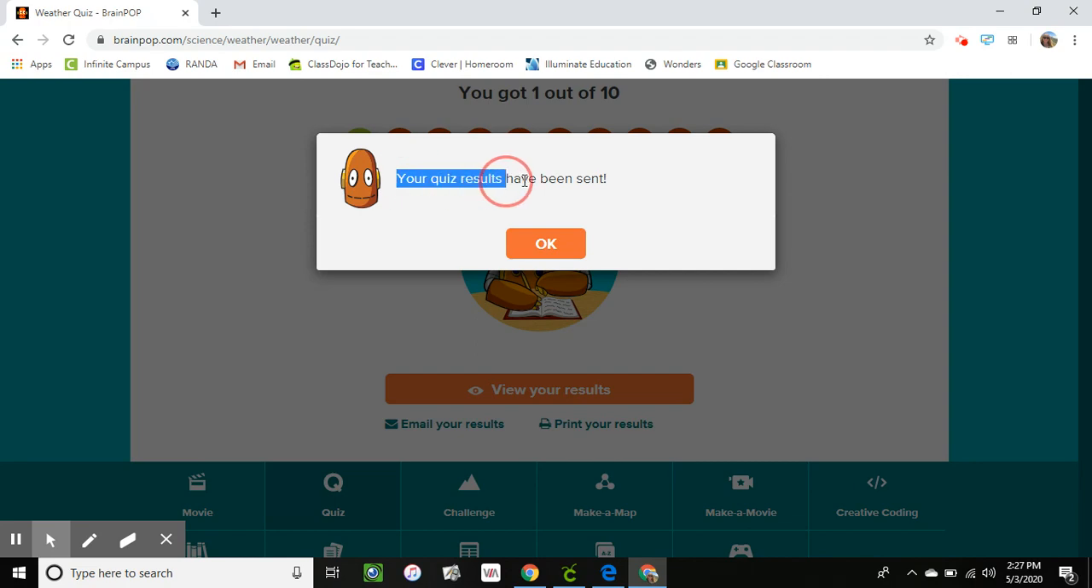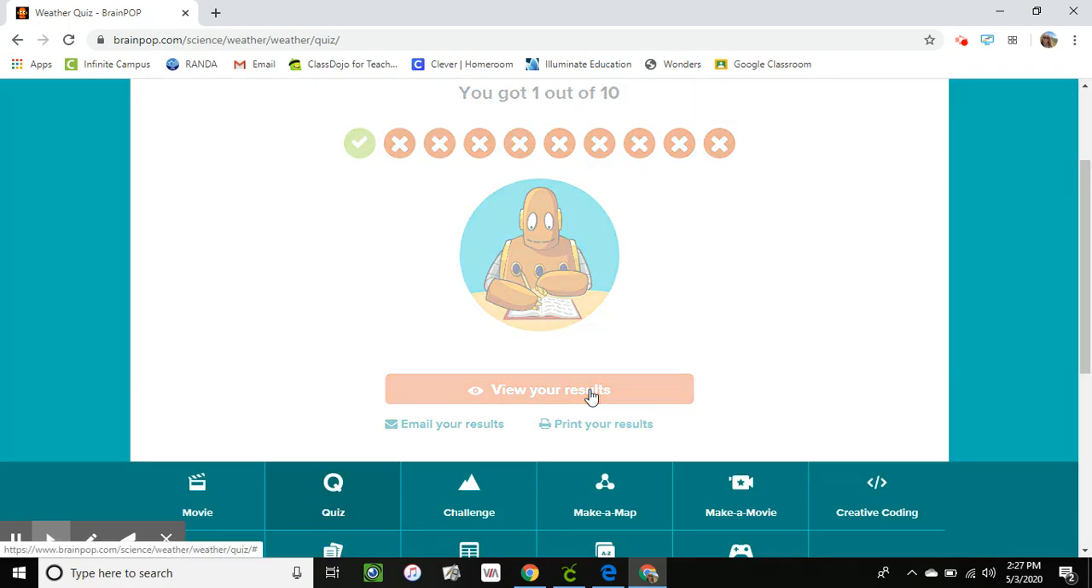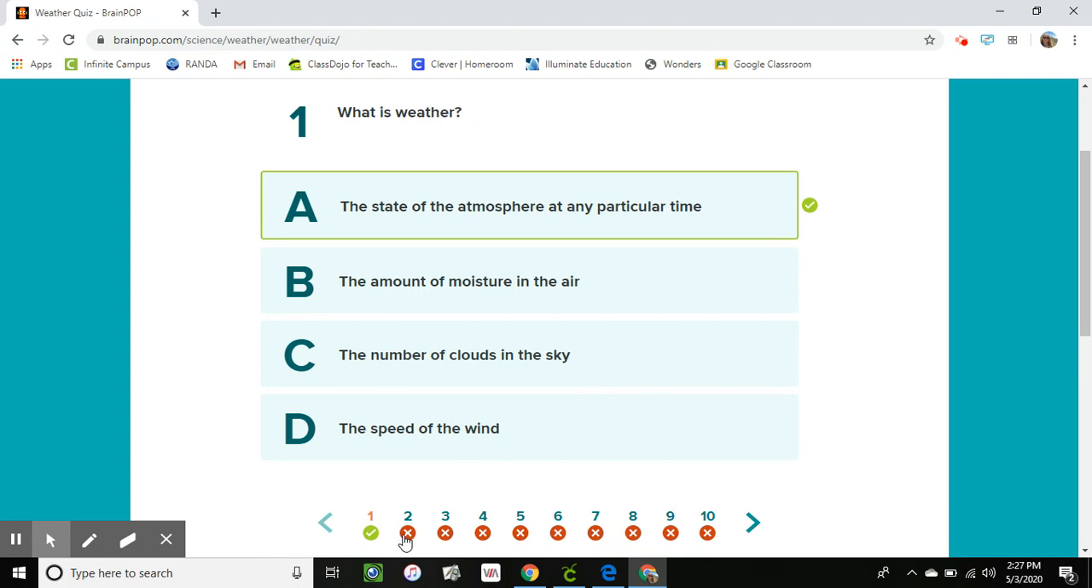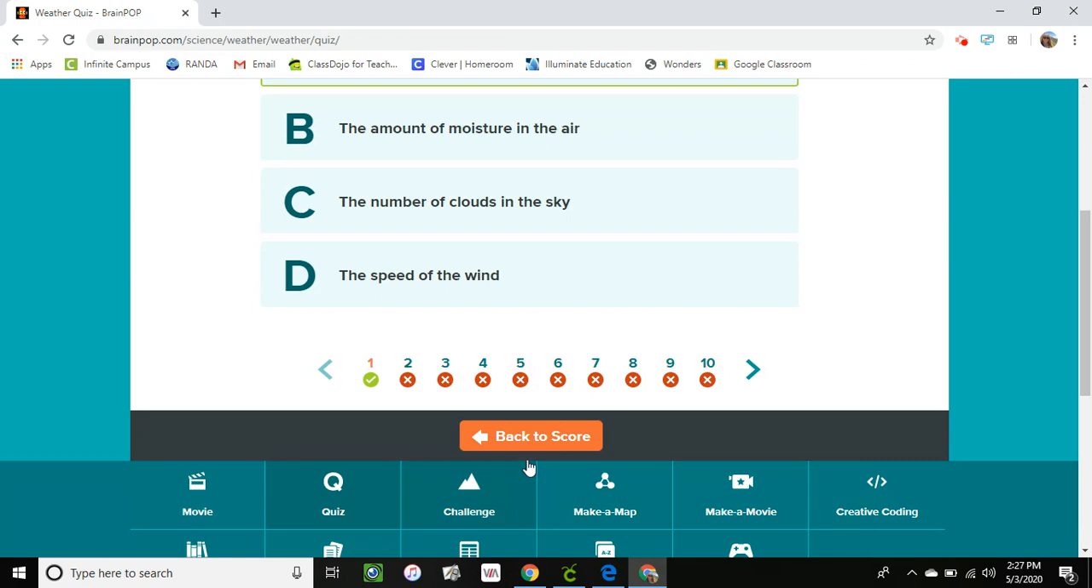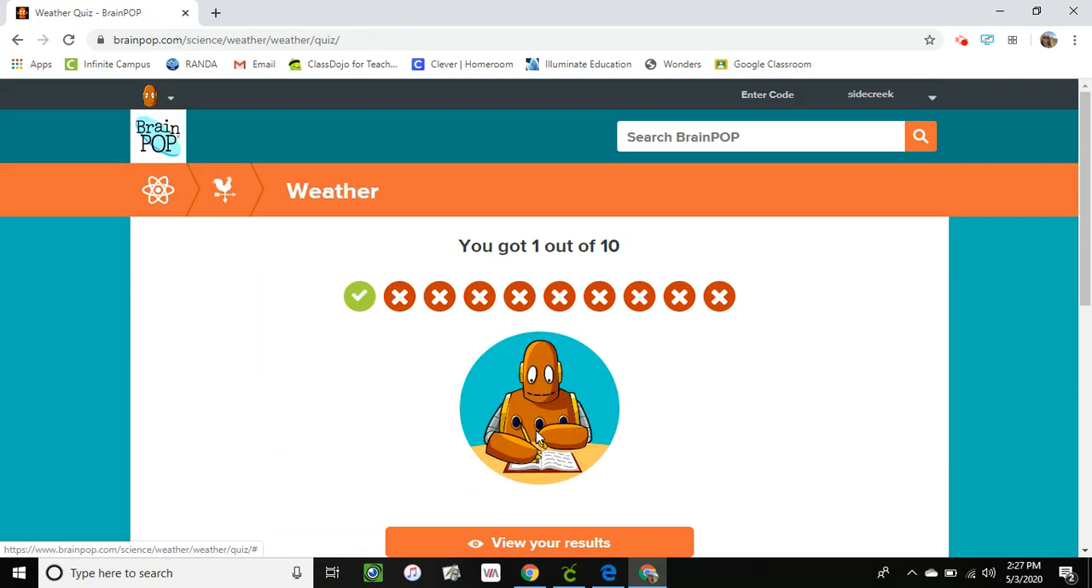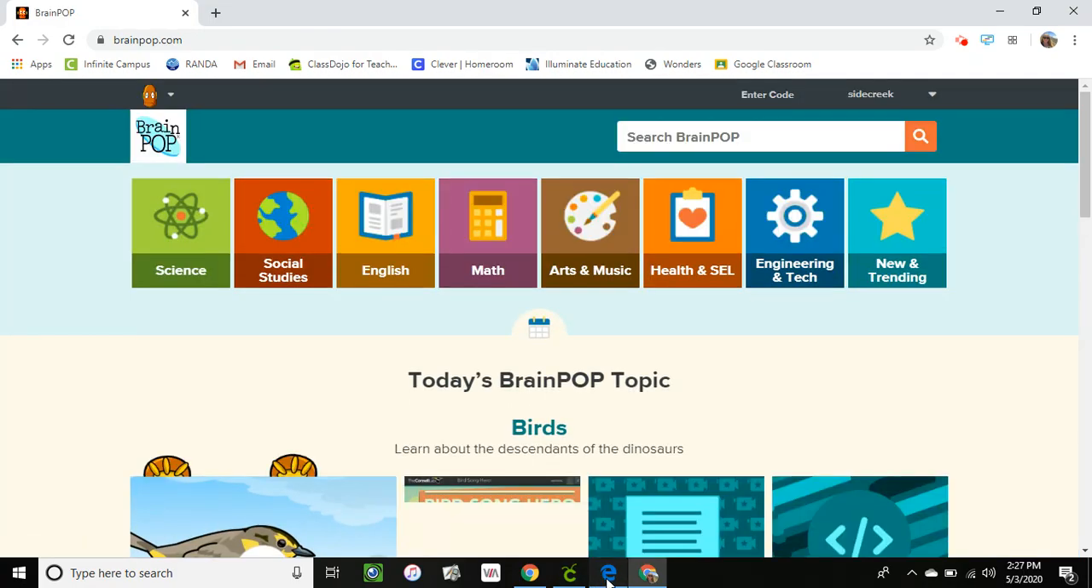Once you do that, the quiz results have been sent to me and I can mark off that you are completed. If you would like to go back and review your results, you can always take a look at which ones you got right, which ones you got wrong, and if you want to change any of them and try again. All right, ladies and gentlemen, you'll do this exact same thing for your Thursday video, but of course it'll be a social studies today,